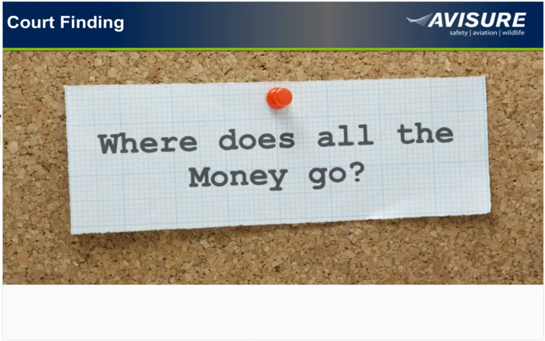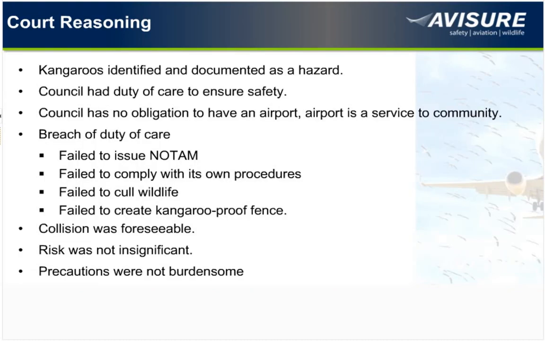And the court reasoning for this was that the kangaroos were clearly identified and documented as a hazard. The council, in the end, based on the Civil Liability Act, had a duty of care to ensure safety. And this was an interesting bit. They said that the council actually didn't have an obligation to provide an airport as a service to its community. It's not like sewage or roads or anything like that. And the council had chosen as a service to provide this to their community. And by doing so, by choosing to provide this service for their community, they are then responsible for ensuring that